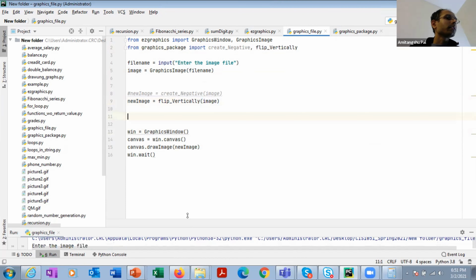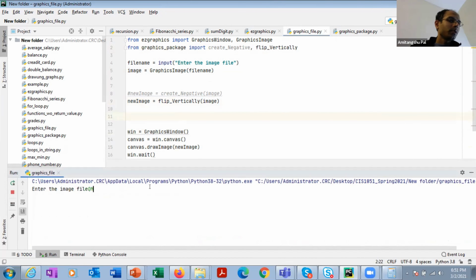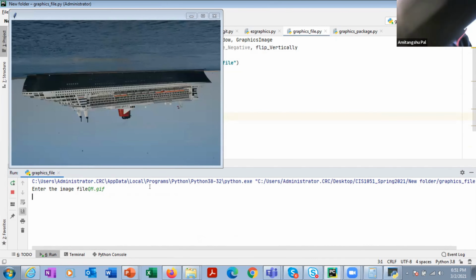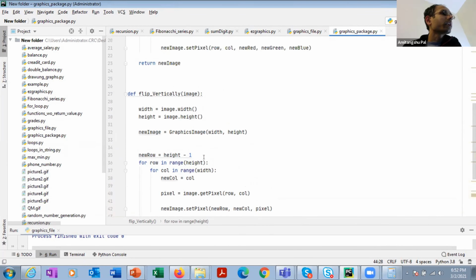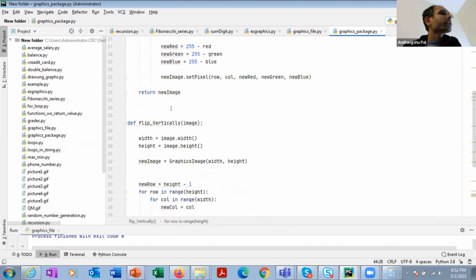Let's run it. Check qm.gif. So now we can see that I have got an image that has flipped the pixels vertically. All right. So here I have shown you two different functionalities.